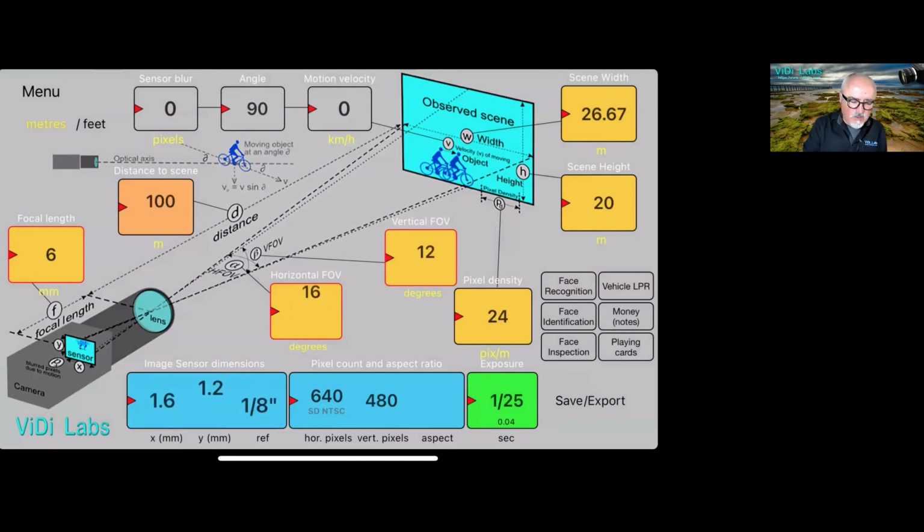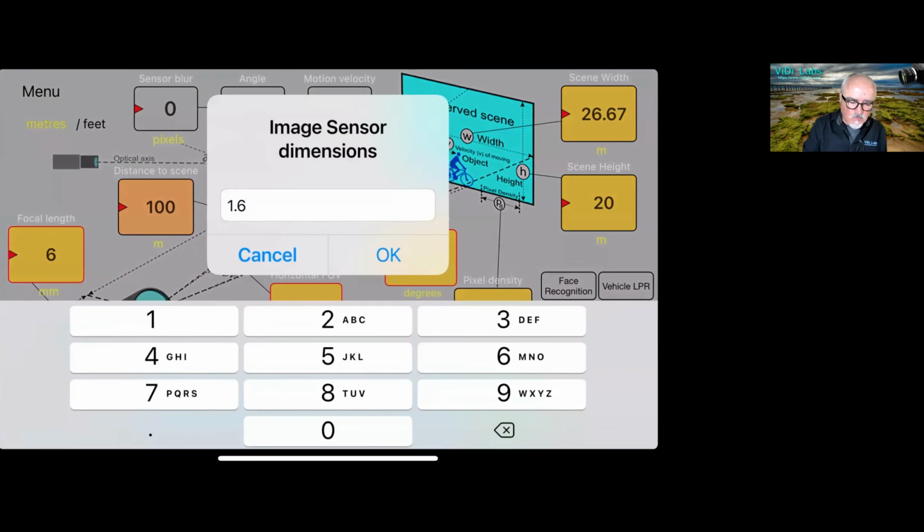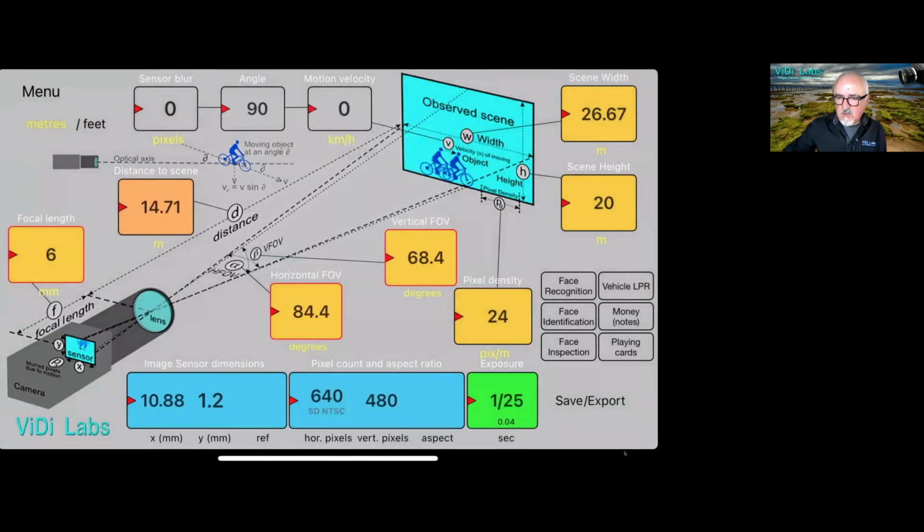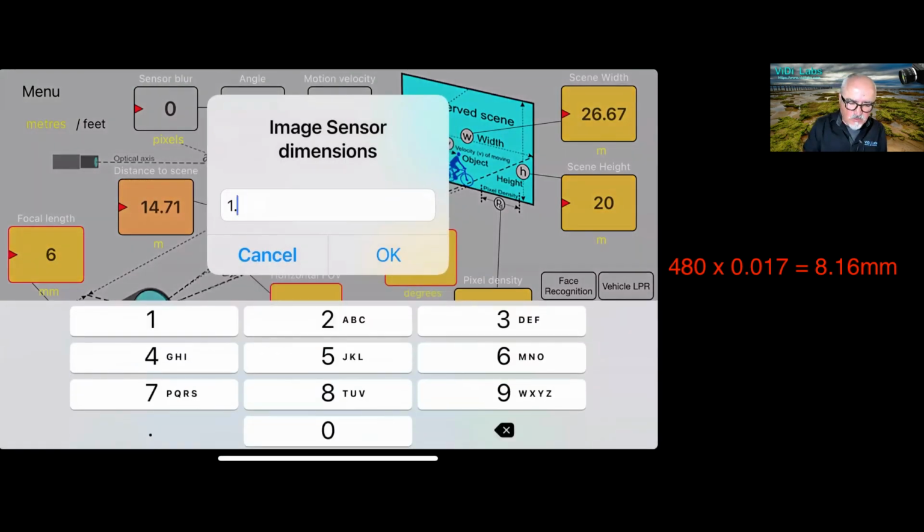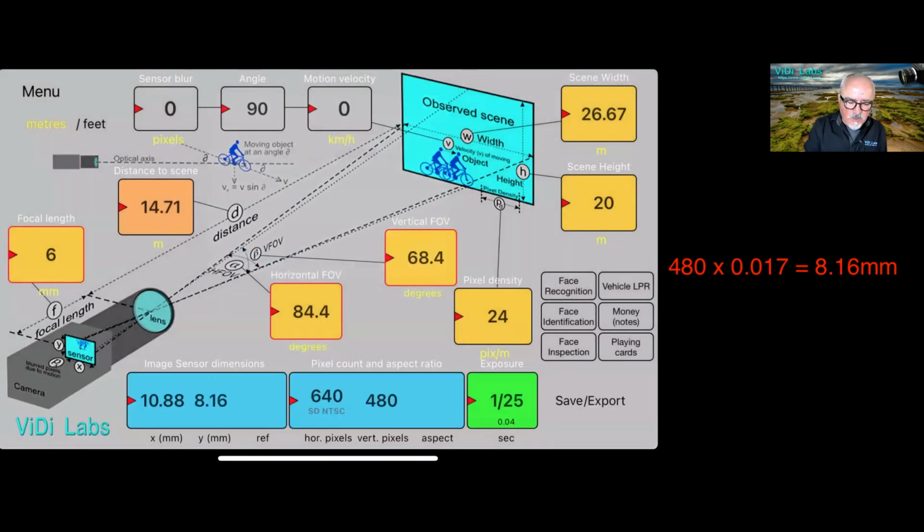So if we now double click at the 10.88 horizontal pixel sensor size, the vertical will be 480 times 0.017. That will be 8.16, so this would need to be 8.16 millimeters and 10.88 millimeters. And now we've got the right sensor size and pixel count for a better thermal camera, which has 640 by